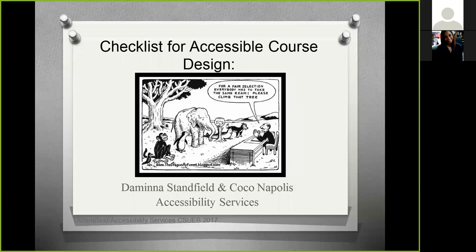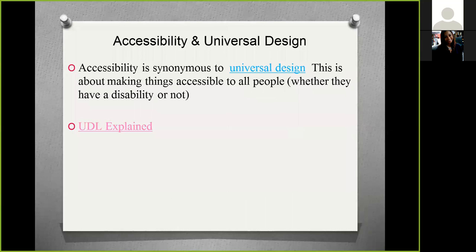material, period, and to work with faculty to design and retrofit the course material to make it as accessible as possible. And presenting with me today is Coco Annapolis, who manages the textbook and course reader conversion and accessibility process. So we're hoping, oh, thanks, Coco, to put together a comprehensive list of quick tips and tools that you can use to make your course material